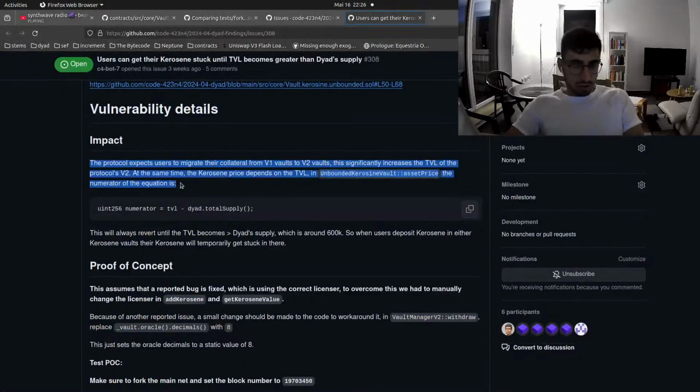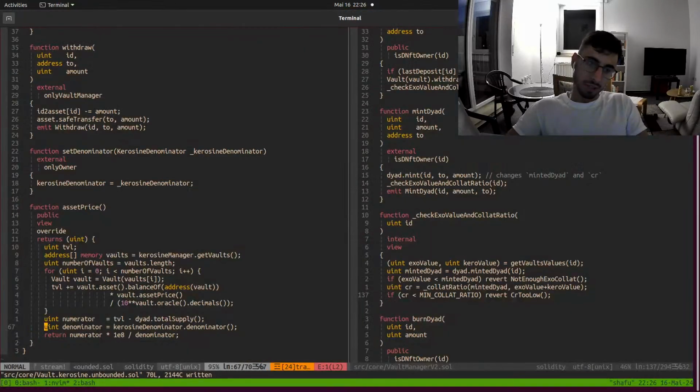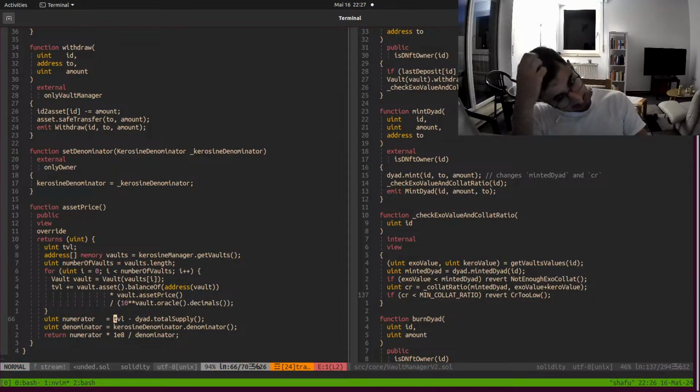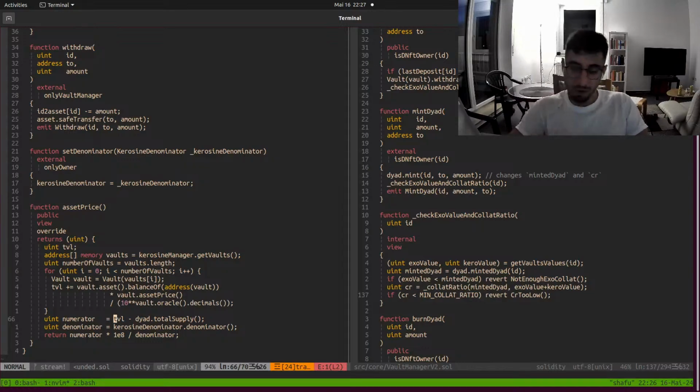Okay, so because we're doing a new DYAD contract, it should be fine. And by the way, if the TVL is less than the DYAD to the supply,